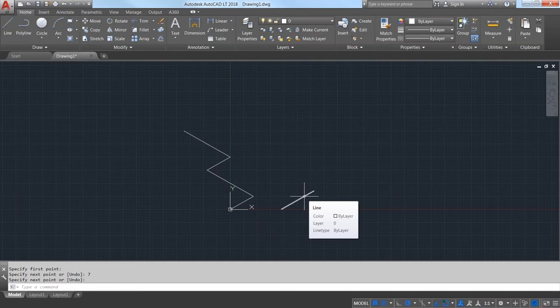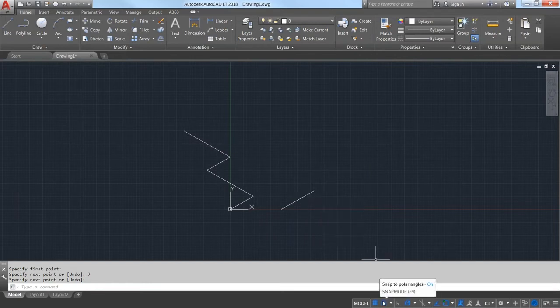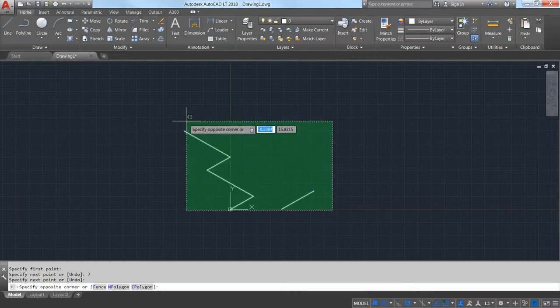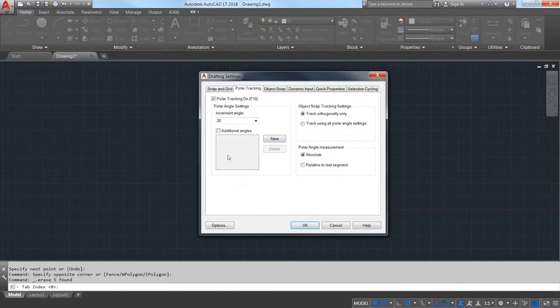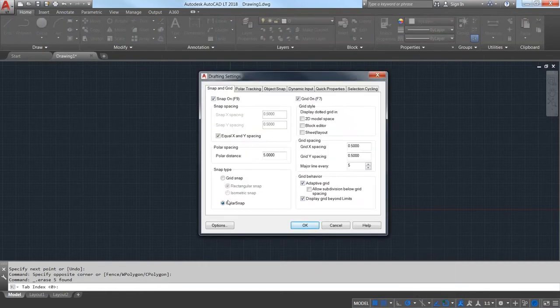So in instances where you want to override your polar snap, you can certainly do that with direct input. You can also just toggle the snap mode off, but then that also limits the other things you can do. So it's handy to keep it turned on for this purpose. Now what can you do with this feature? Why would you want to draw a zigzaggedy line like that? I don't know. But one thing that it can be used for,